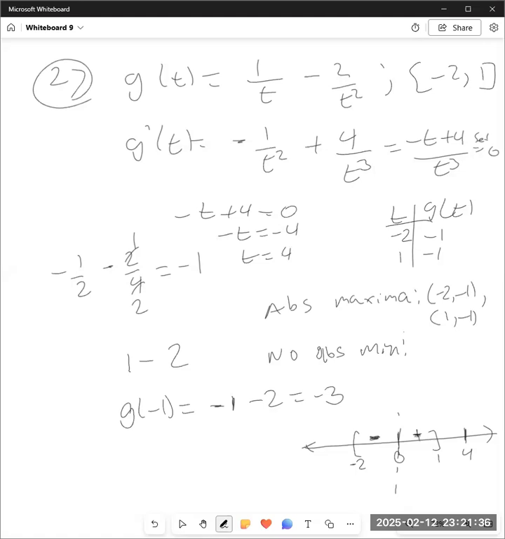So it's increasing, but it's going down and coming back up. It starts off at -2, -1, goes down, and it's undefined at 0. So it's going down like this, and then it's coming up from 0 and back up